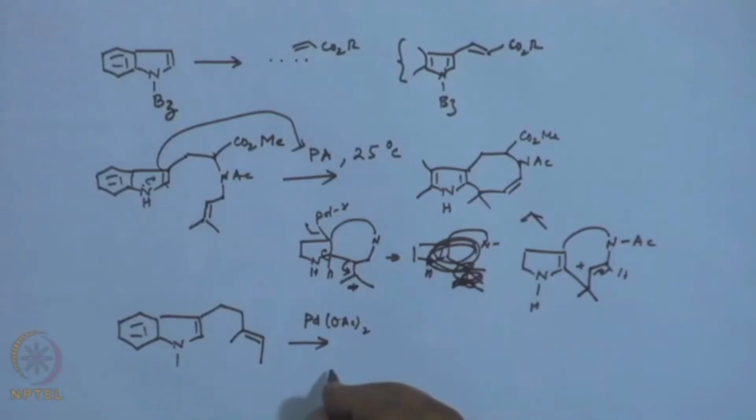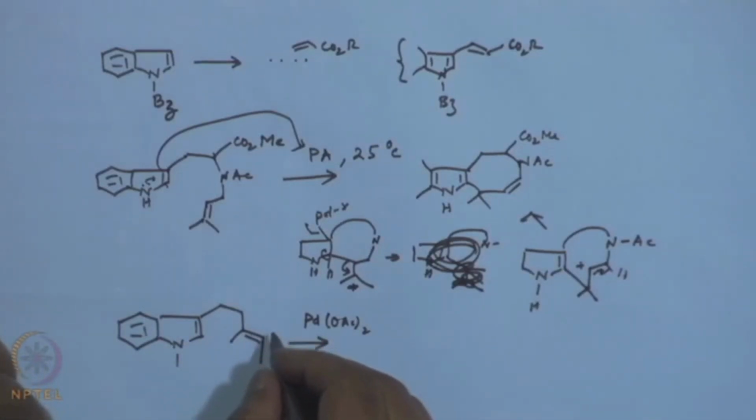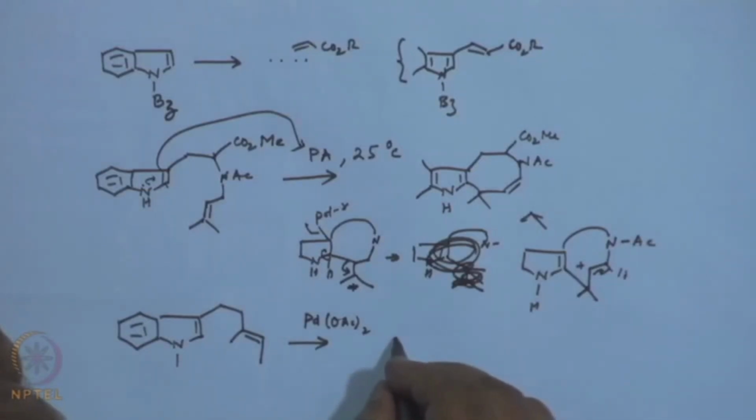So, what do we expect here? Palladium acetate. So, 3 position is blocked. One can do all kinds of things. You can do this activation here, and then reactions from this side eventually. So, that means one can expect a reaction